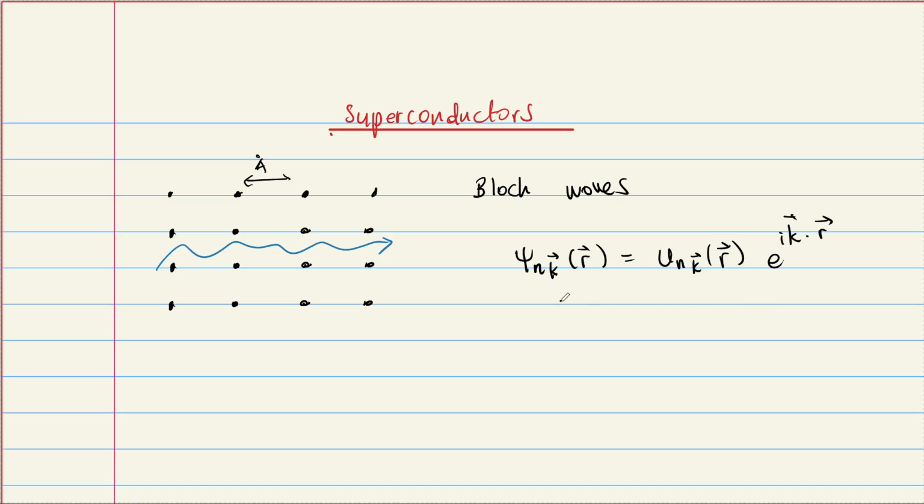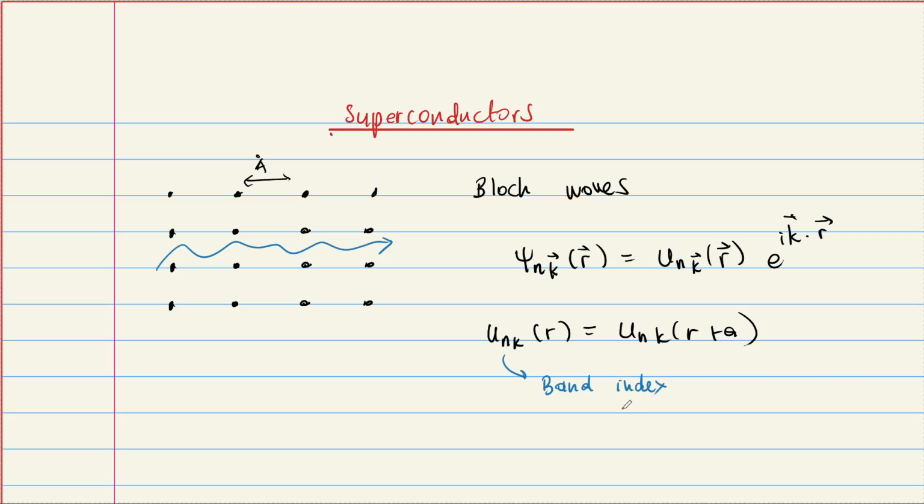So this means the wave function of electrons is almost like a plane wave, but there is a modulation. And this modulation, the so-called Bloch function, let me skip writing vectors, right? Again, we know which labels are vectors. These Bloch functions obey the periodicity of the lattice, u_nk(r + a) = u_nk(r). So this n here is the so-called band index.